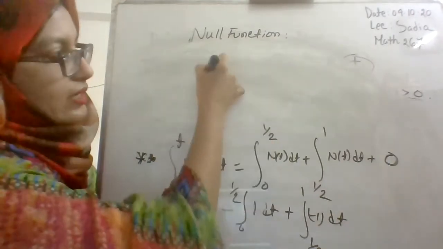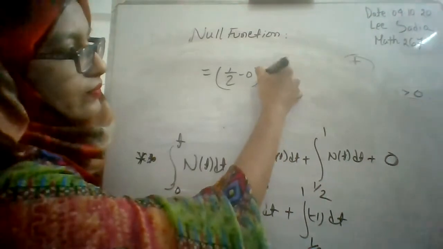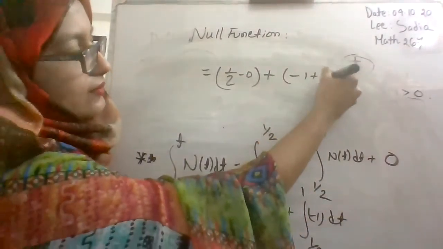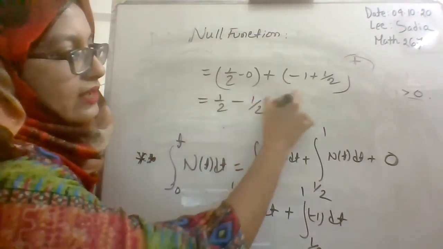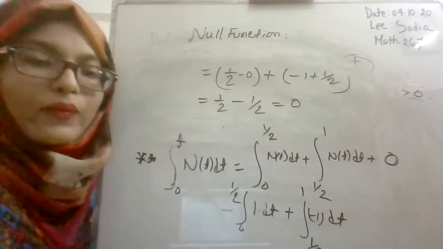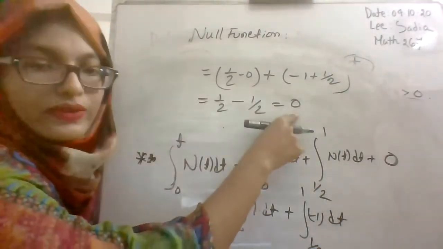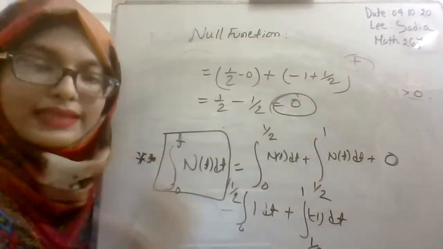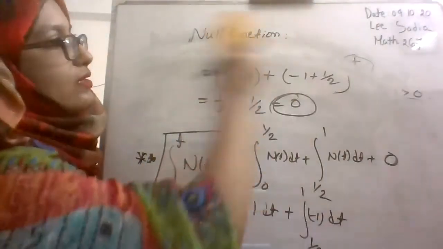Now it will be half minus 0 and the next one will be minus 1 plus half. So from here we get half and from here we get minus half. This half and half will cancel each other. So we have found that integration 0 to t of n of t dt is equal to 0, right? We have found that this is equal to 0. So in that sense, we can say that this function f of t, sorry,